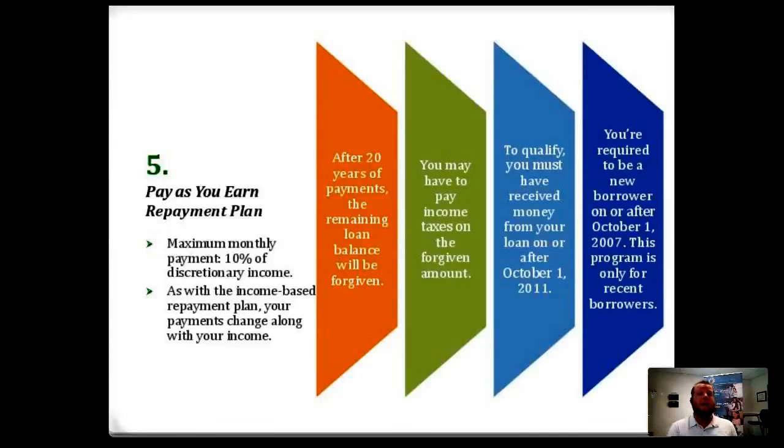In most cases, I see people getting placed into IBR plans, income-based repayment at 15%, when they actually qualified for Pay As You Earn. So in the example before, that could have been a $50 a month difference. I've seen differences far more than that per month, okay? So guys, keep this in mind. It's a big deal. This is why it's all about having information and making informed decisions.